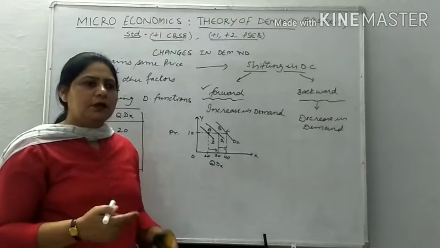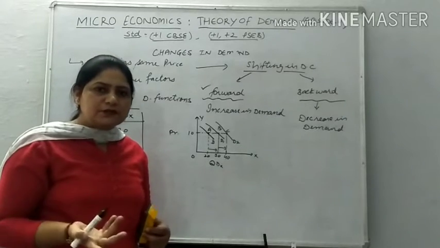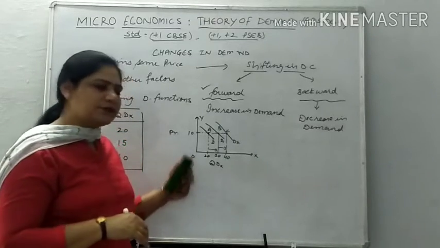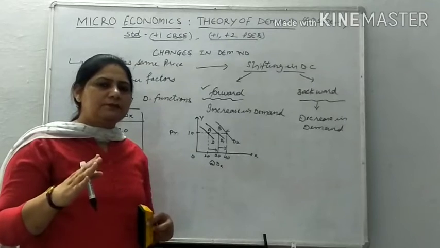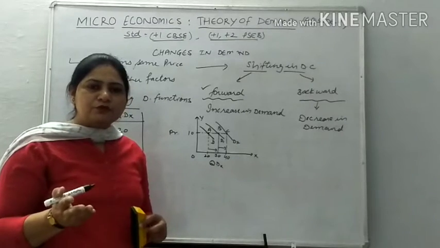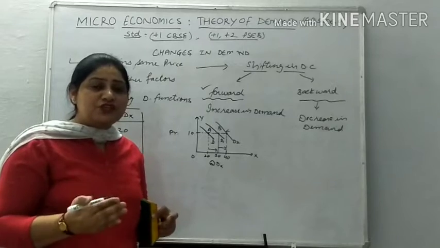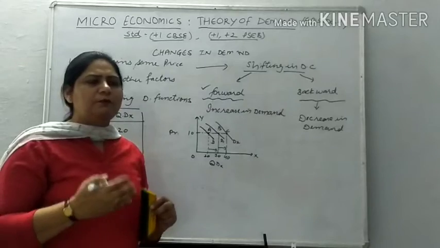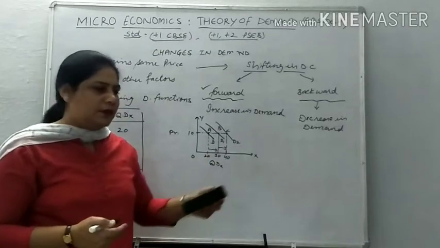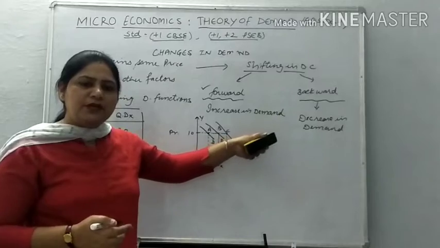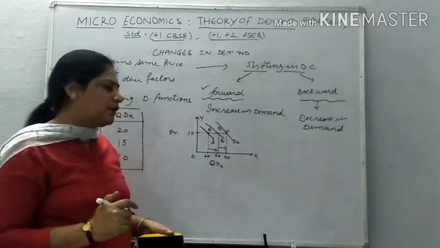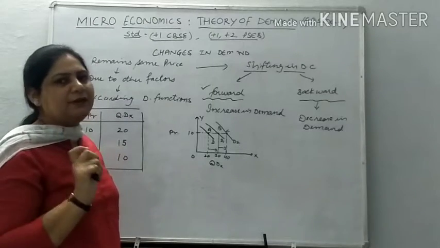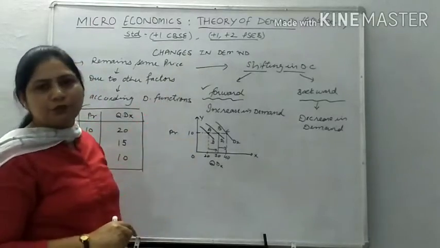Suppose consumers' income will decrease. Suppose there is a fall in price of substitute of good X. Suppose there is a rise in price of complementary goods. Suppose there is unfavorable change in consumers' taste or trend and fashion, etc. Suppose government policy got changed towards this commodity that consumer was purchasing earlier. There are so many reasons according to demand function. See demand function in the same chapter, theory of demand.